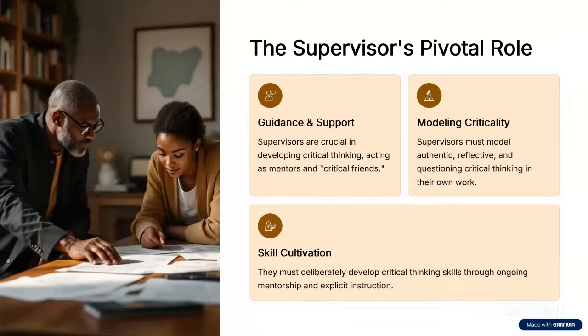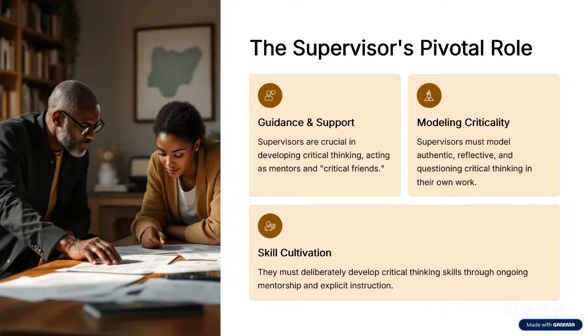And that's why communication between the supervisor and the student is key to your success. That does not mean that you should take your supervisor as your demigod. No, no, no. You are supposed to engage your supervisors critically. And that's why the responsibility lies on you first and foremost.